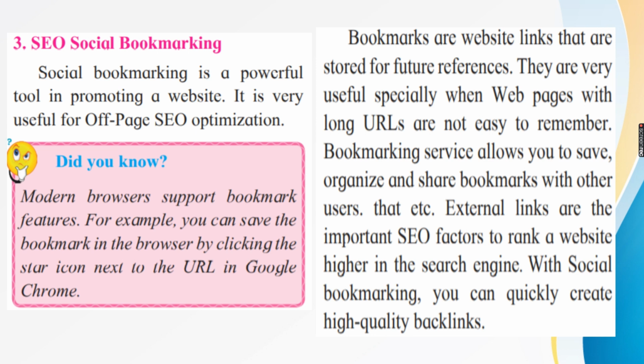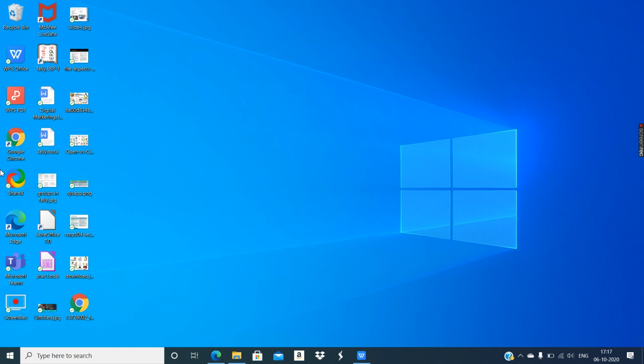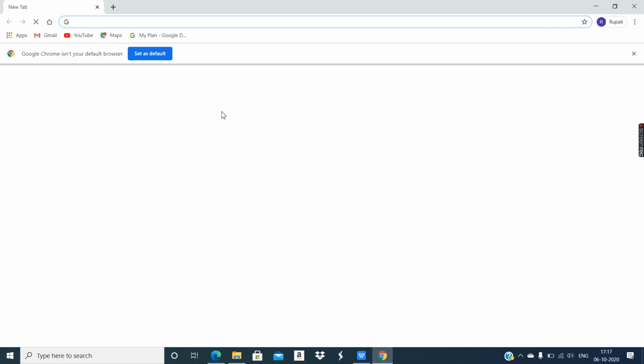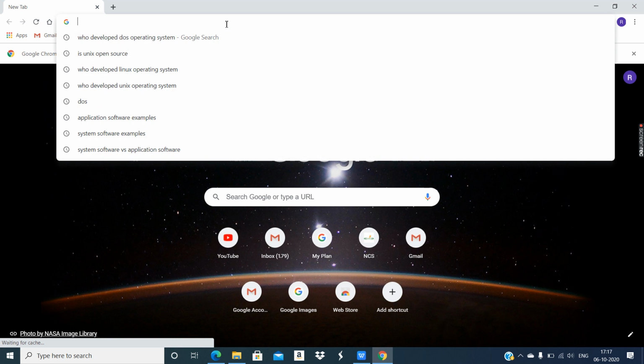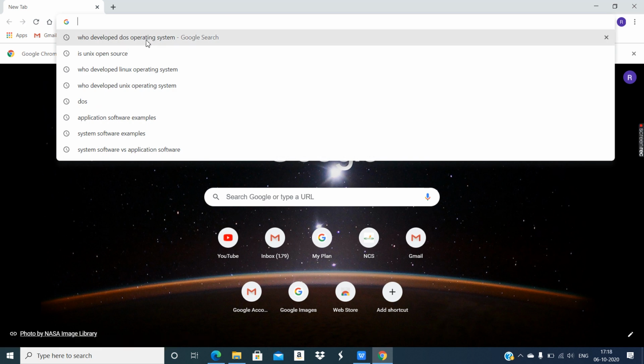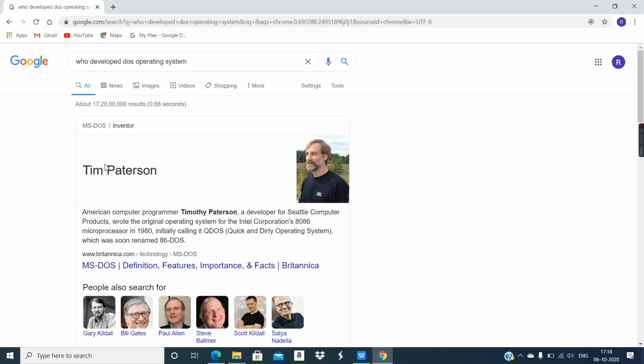I'll show you. I'm stopping the presentation. Now I'm going to open Google Chrome, a very popular browser, and I'm trying to search. Here you have a star symbol, bookmark this tab. For example, I am searching for who developed DOS operating system. I have got this name.